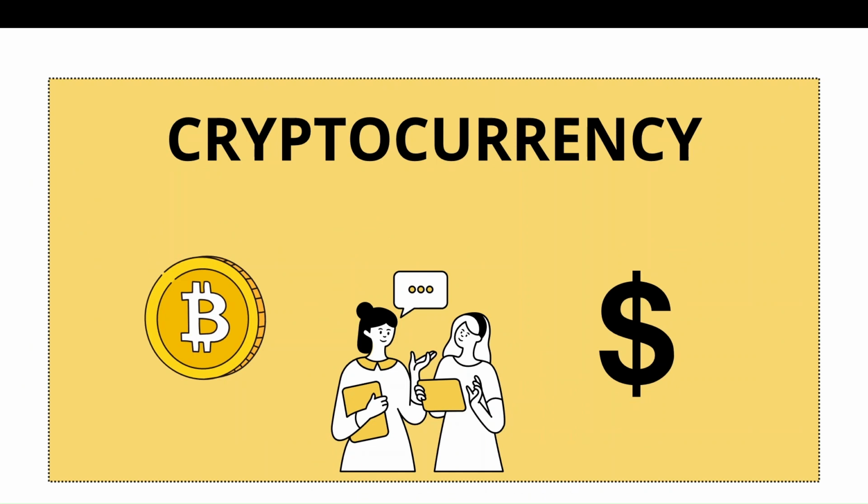Today we'll be discussing cryptocurrency. So cryptocurrencies are nothing but currencies which are not physical. So let us understand what is physical currency. Physical currency is nothing but the currency which we use in the real world, such as rupees and dollars. Cryptocurrency is something which we use to pay for goods and services, but it is in digital format.